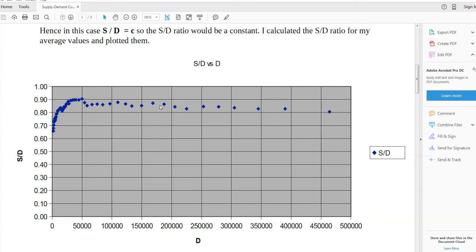It's easier to meet increasing demand at reasonably low levels. I suppose drivers can do more trips, or you can recruit more drivers. But as the demand gets high, there's a limit to the number of drivers you can recruit, and there's probably a limit to how many trips they can make. So it gets harder and harder to meet the demand, and the supply starts to lag behind demand a little bit.